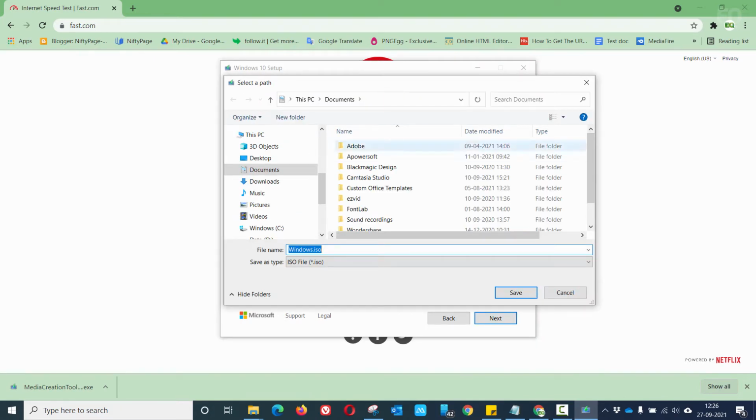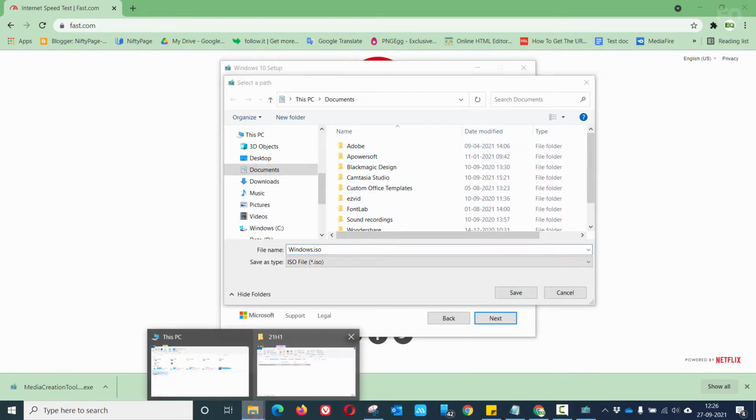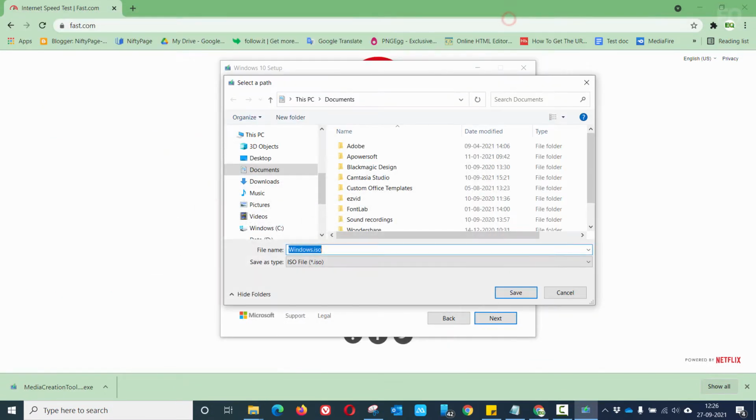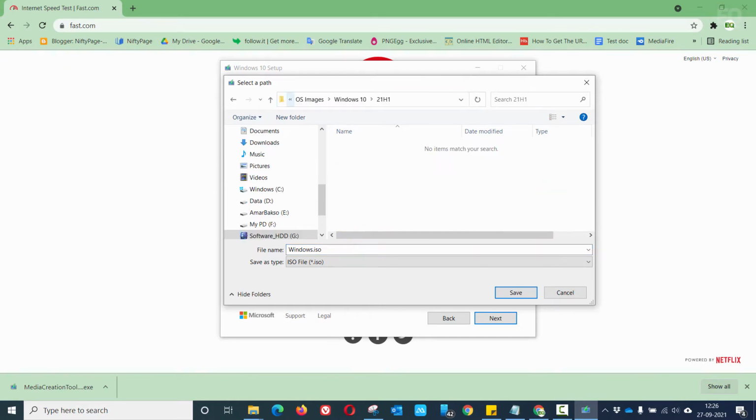To save this ISO file in the same folder where I have already downloaded the tool and etc. So I'm browsing to that folder and copying the path and setting the destination to this particular path, and I'm going to rename this ISO file to a different name, which is Windows 10